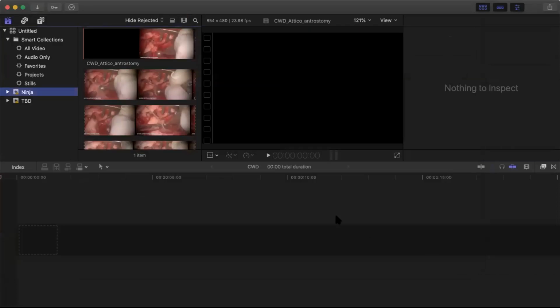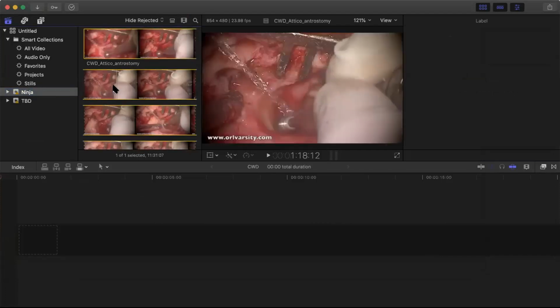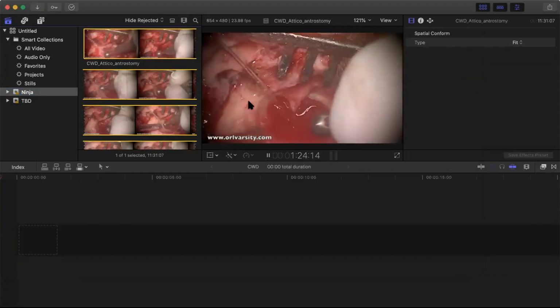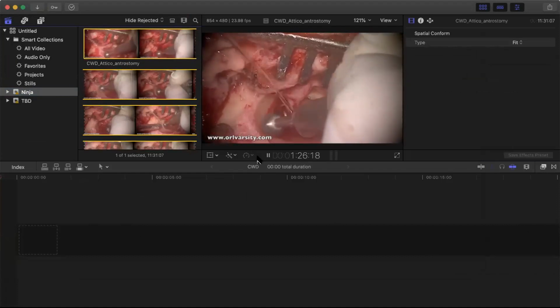See now, the moment I clicked import selected, under this project, this video is appearing here. If I click the video, that video will be seen here. I can play the video before importing it onto my timeline itself. This is the timeline. You can see that the video is already playing, so I'm going to stop that.